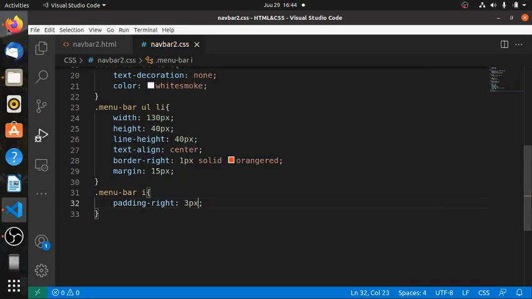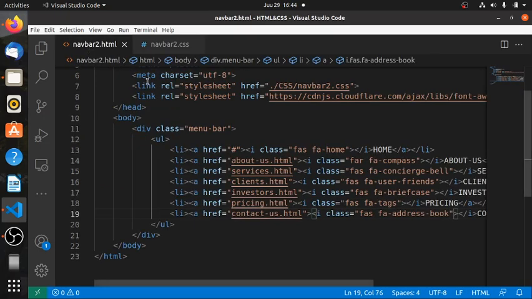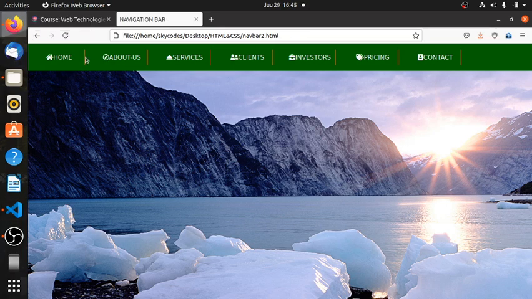So it will create some space from this icon to this first letter. As you can see, there is that space. So if you want more space, no problem, you can increase the space. So now whether you hover over the icon or the word, everything is okay. So that is how you would